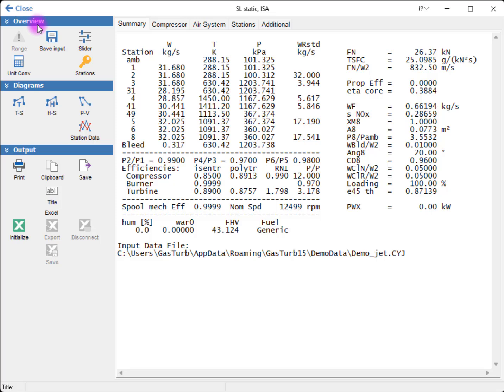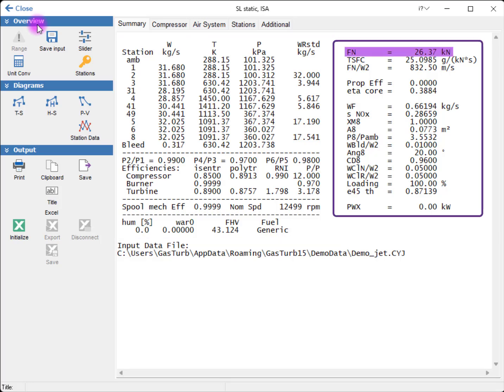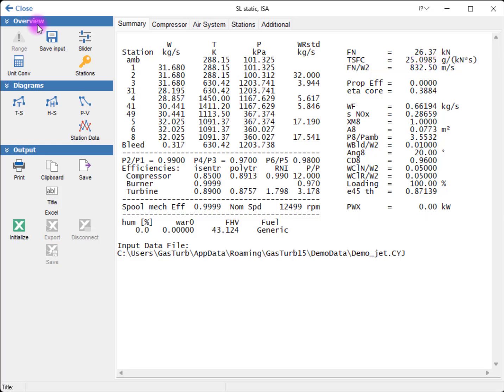When the calculation is completed, the results of the simulation will be displayed. In the summary window, thermodynamic details regarding the states in the stations will be shown, as well as the cycle parameters like thrust or specific fuel consumption. All parameters are abbreviated in accordance with International Standard Nomenclature for performance computer programs. If we wish an explanation of a variable, we can click on the result variable abbreviation and a hint will open.